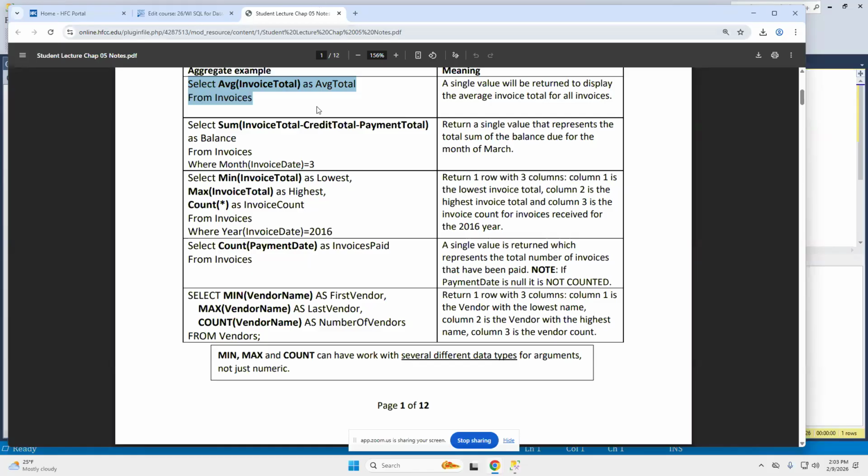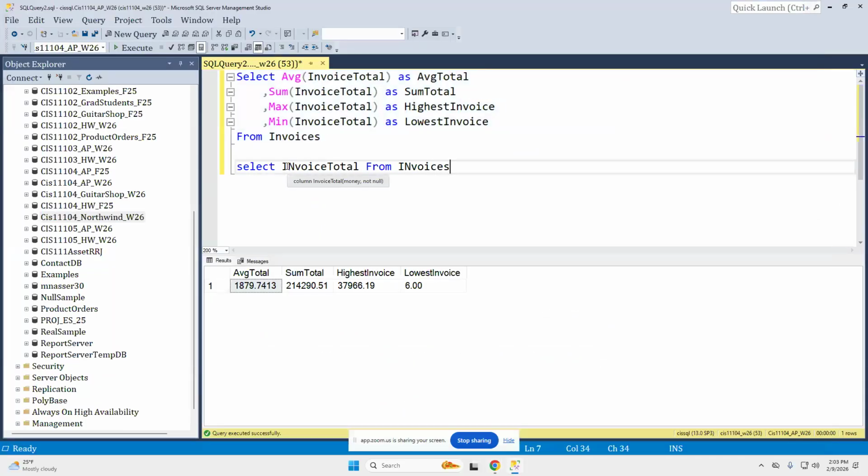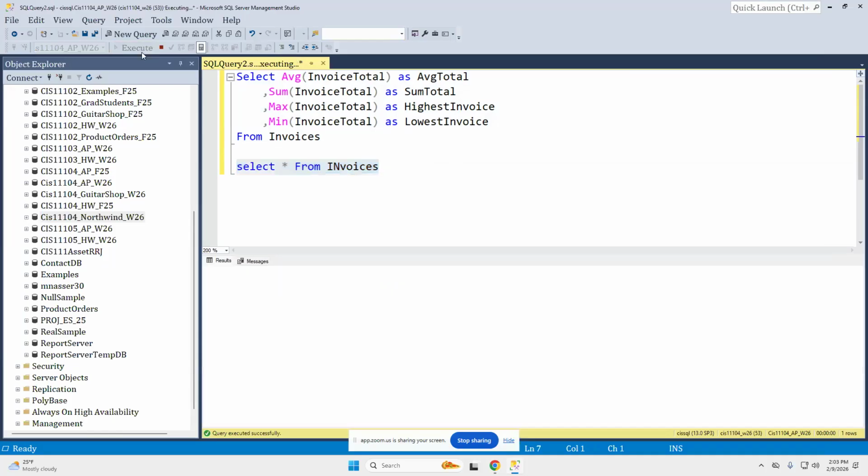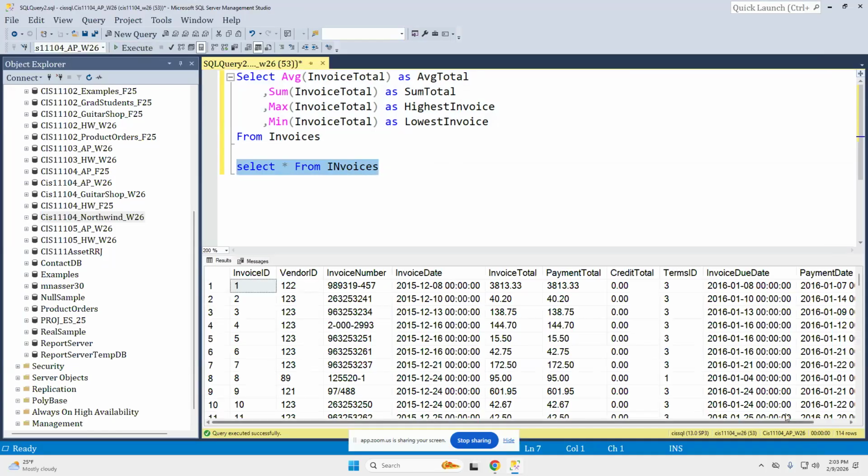Let's try that one out. So if I do a count, if I just say asterisk, you can tell how many invoices are returned by looking in this bottom right corner,